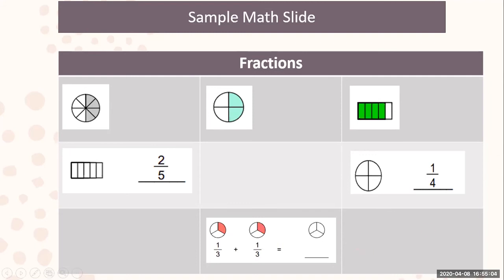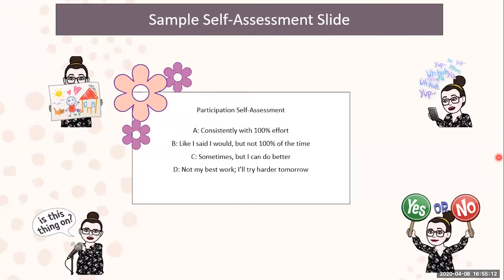So hopefully that makes sense. You can just set up your slides to have a lot of simultaneous workers. And then at the very end of class, what I like to do is have my students do their participation self-assessment. So that ties all the way back to that very first slide that says, how are you going to